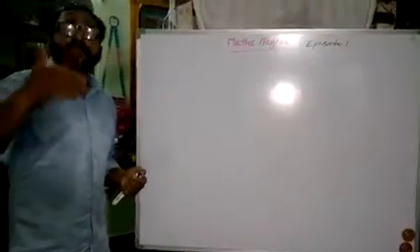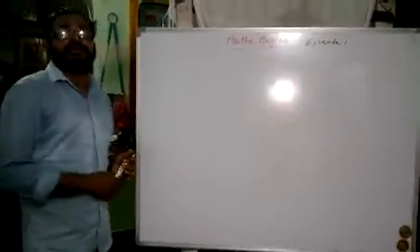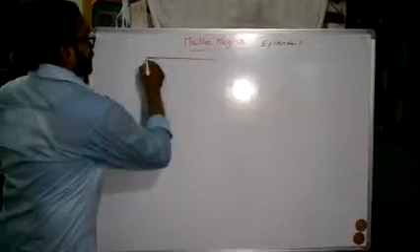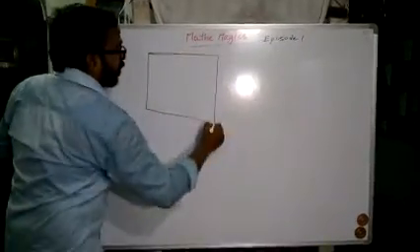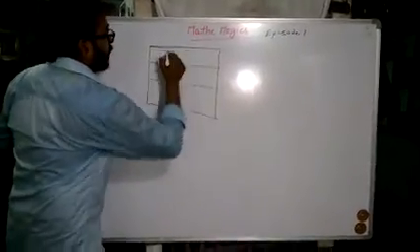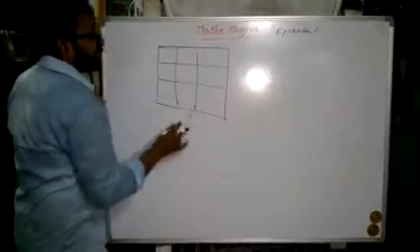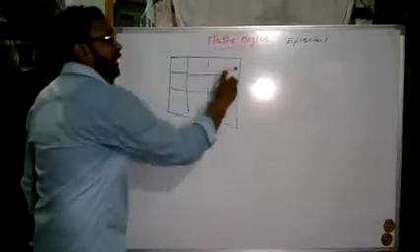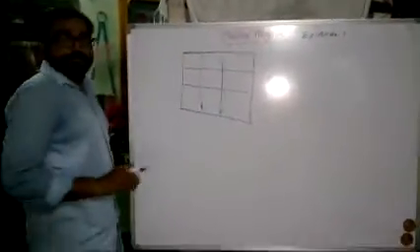Today we deal with 3 by 3, 5 by 5 and 7 by 7 magic squares. How to fill these types of magic squares, only odd by odd. In the next episode we deal with even by even, that is 4 by 4, 6 by 6 and 8 by 8 magic squares. Today we deal, now the first magic square is the 3 by 3 magic square. Most of you know how to fill this 3 by 3 magic square. I think we have memorized the positions of the numbers where they occupy.